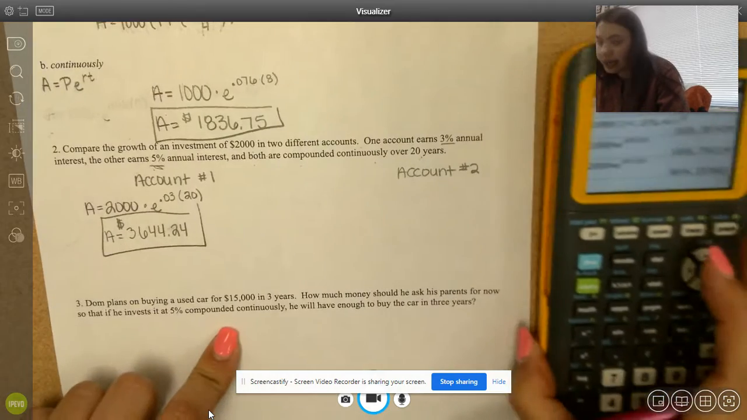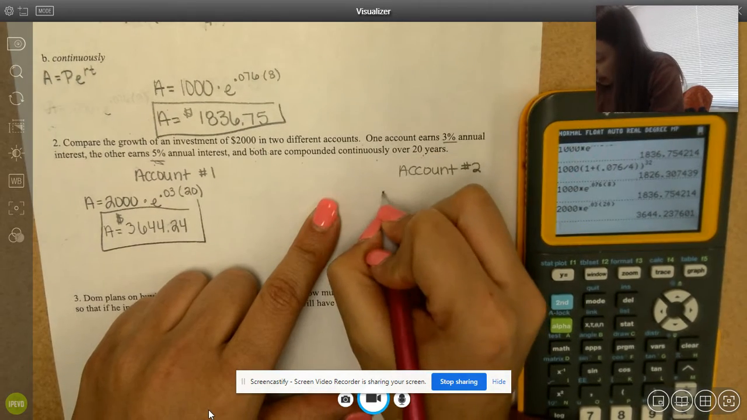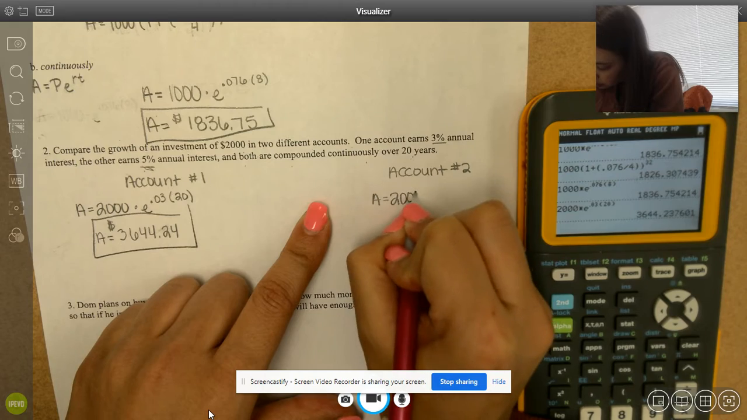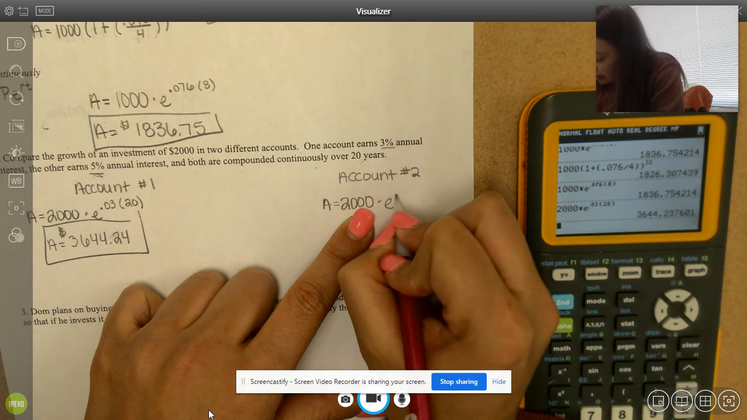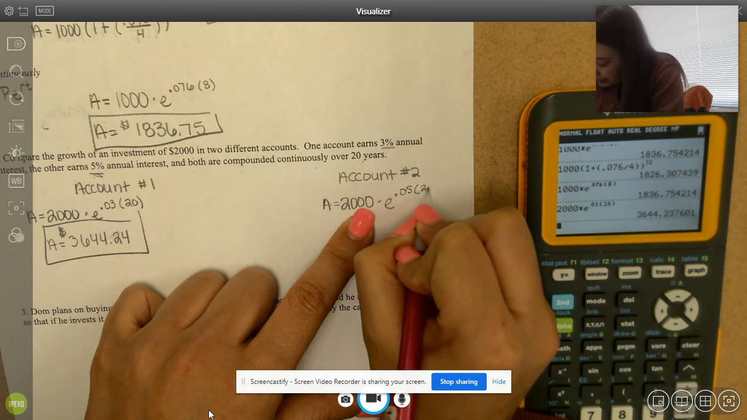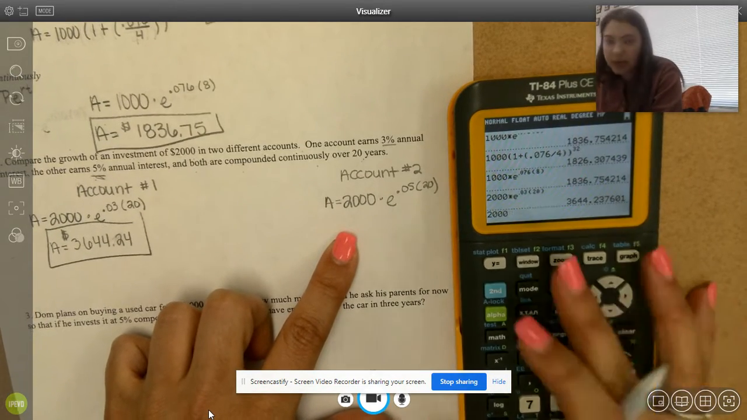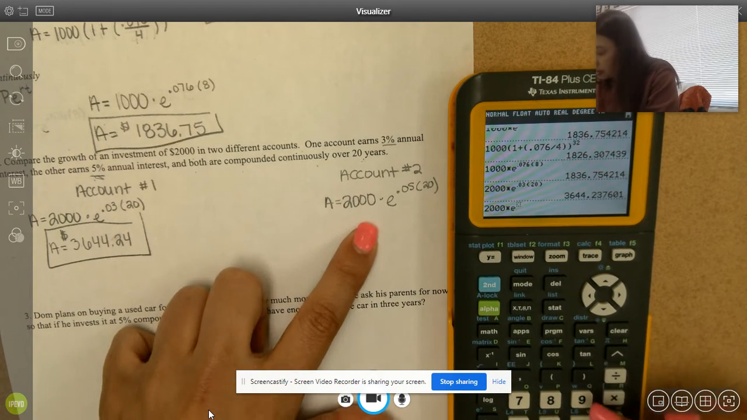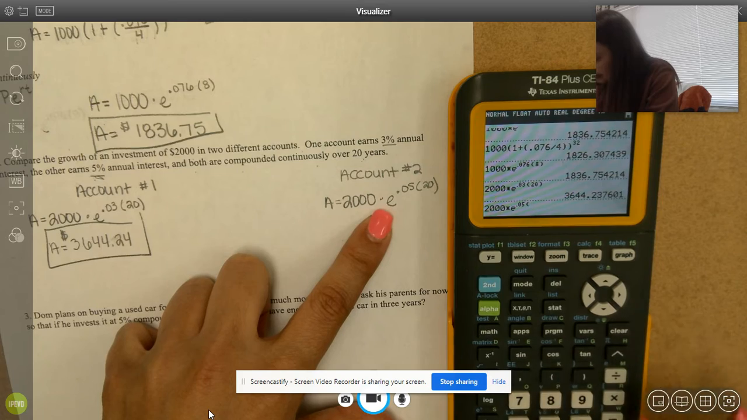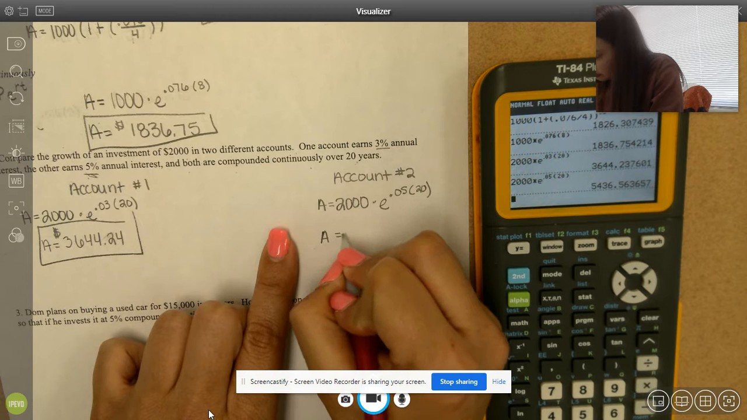Okay. And if we look at account number two, we know that it still has the same initial value. We're still investing $2,000. But this time it's growing at an annual interest rate of 5%, which is 0.05, but still being evaluated over 20 years. So let's see the difference. 2,000 times e raised to the 0.05 times 20th power, which gives us a value of